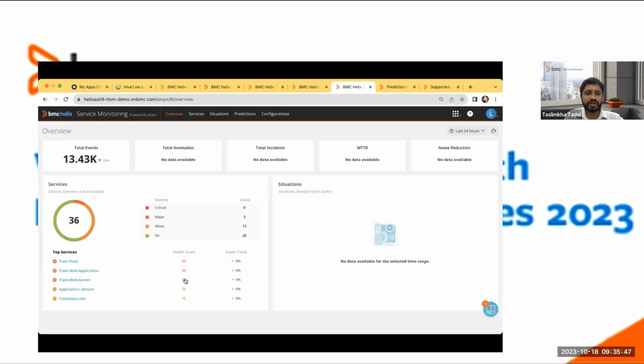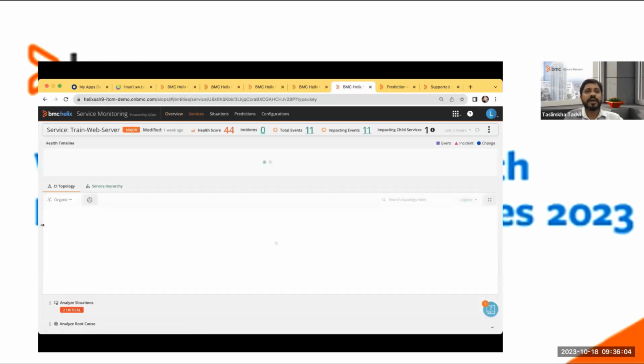As you can see, the health score is not where it should be. It should be 100 to be in the green zone, which is a healthy condition, but it is not 100. So there is some issue, and for that purpose, let's look into that. What is the exact issue with the service? So I'll click into this, and